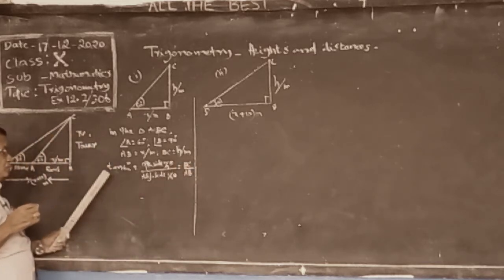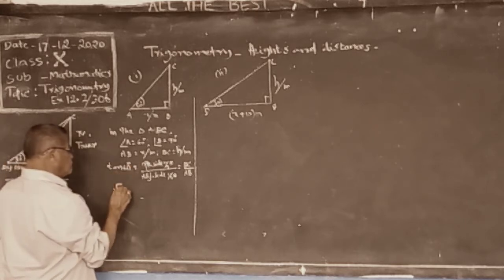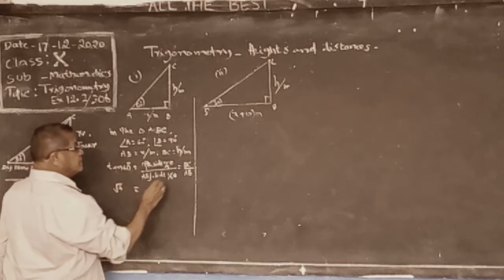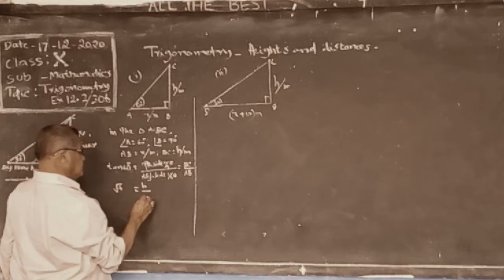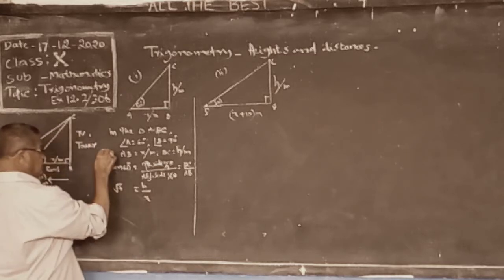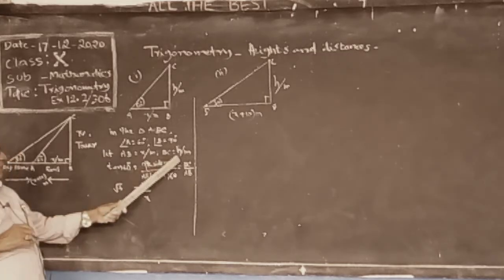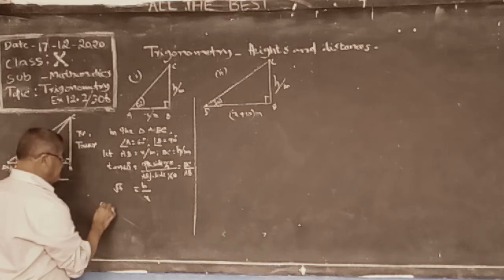Tan 60 value from the table is root 3, equal to h by x. Let AB be x meters, BC be h meters. Cross multiplying,